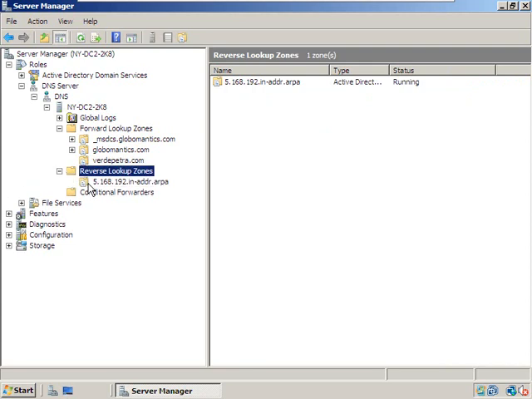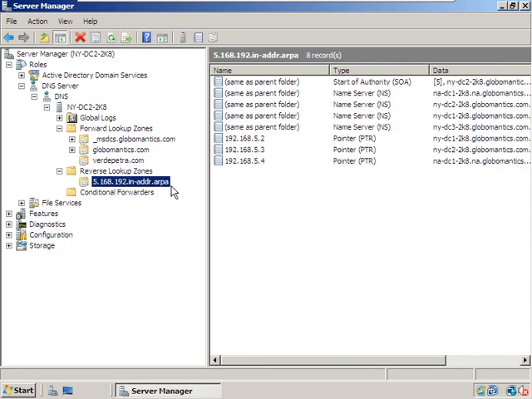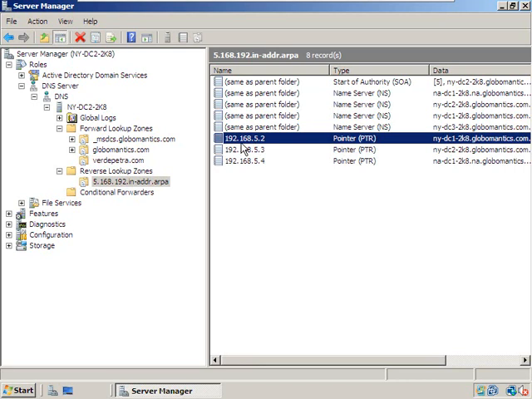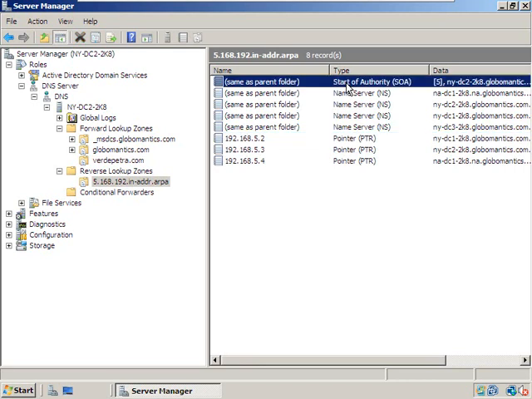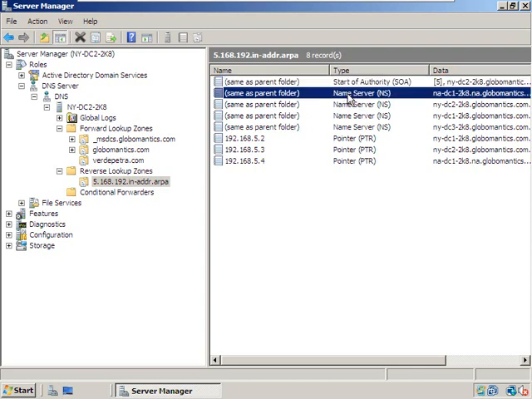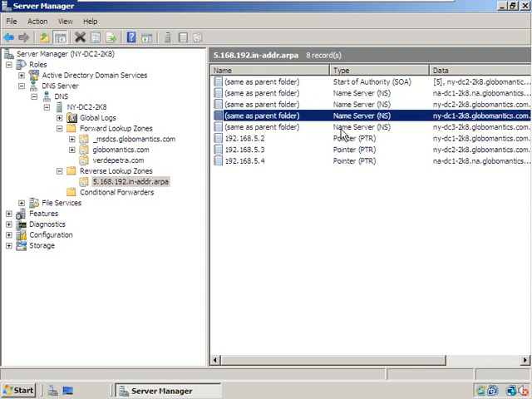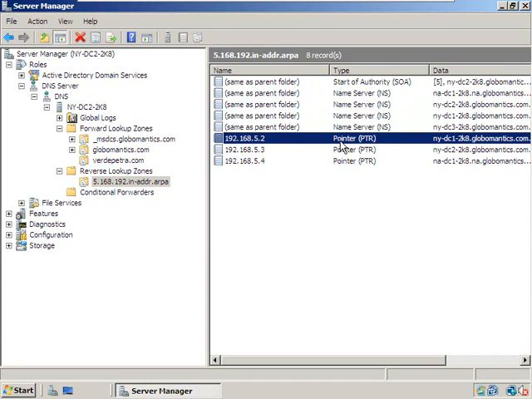Now, a reverse lookup zone, I actually created this earlier. This is one thing I created while you weren't looking. But it's very, very easy. Notice that in a reverse lookup zone, we still have start of authority records that define the authoritative zone here. We have name server records all down here, and then we have these pointer records. Now notice that in a pointer record, we start with the IP address, and then we have the name over